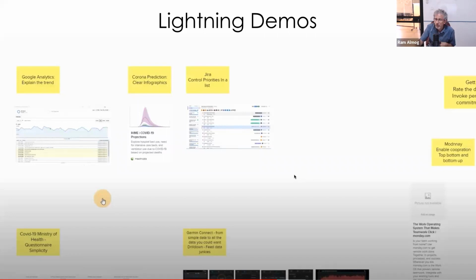So this is how lightning demos look. We just asked them to take screenshots and explain why these can be inspiring. So we looked at Google Analytics to explain how trends can be shown and annotated. We looked at the COVID-19 public infographics for prediction inspiration. We looked at Jira to see how you can control priorities. We looked at Monday to look at top-down and bottom-up